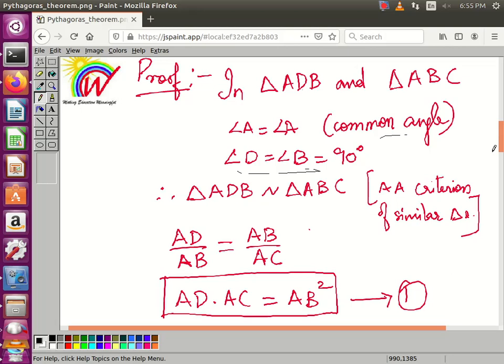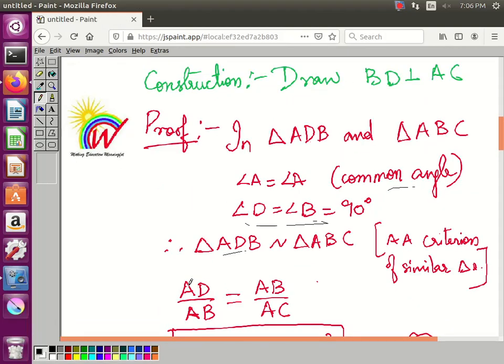If only two angles are equal, we can just say that these two triangles are similar. So if they are similar, then we have another statement for similar triangles. We have a few rules, right? This is one of the rules which says that the corresponding sides are proportional. We have seen that in our previous video itself. So AD over AB, that is the first two alphabets over the first and third. So AD by AB is equal to AB by AC.